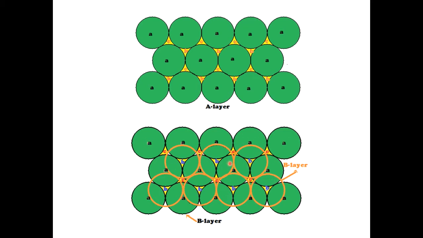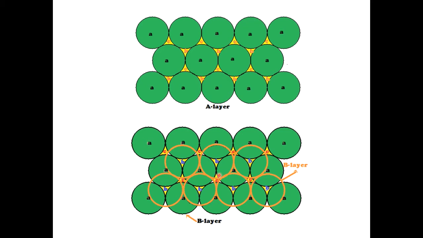When there are 3 atoms here and 1 atom above, this void is known as the tetrahedral void, because the void shape is a tetrahedron and it is covered by 4 atoms. But when there are 3 atoms here and 3 atoms there, making 6, its shape is octahedral. So this void is known as the octahedral void. In this, B is the tetrahedral void and C is the octahedral void.